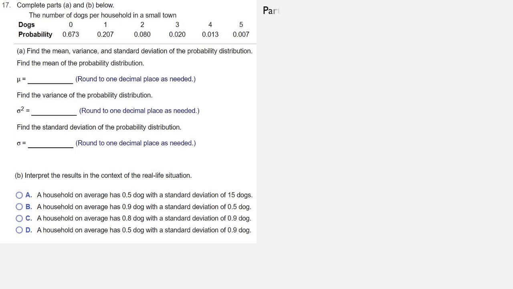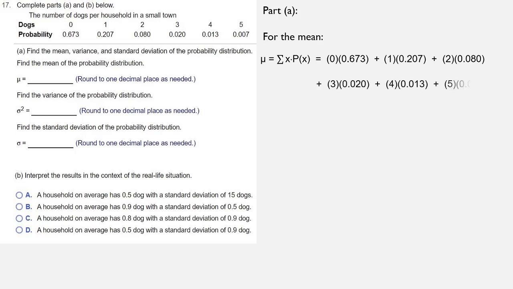So let's start with Part A, and we want to find the mean. For the mean, we have a formula. Mu equals sum of x times probability of x. So what that means is we're going to take each x value, each number of dogs, and multiply it by its probability. So that's 0 times 0.673, 1 times 0.207, 2 times 0.080, 3 times 0.020, 4 times 0.013, and